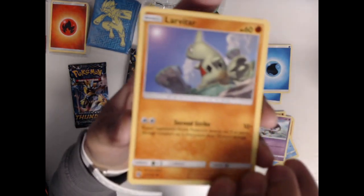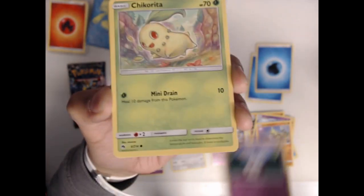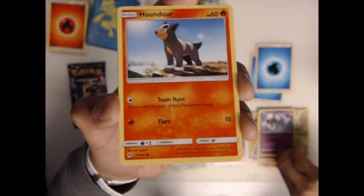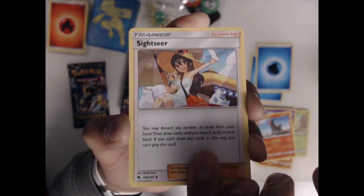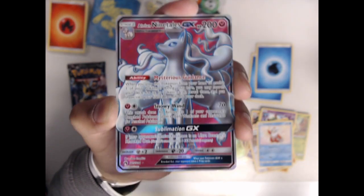So let's see what we got here. Let's get a good zoom going. All right, we have a Larvitar, a Litwick, Chikorita, Natu, a Houndour, a Reverse Holo Vespiquen, which is pretty interesting with that Commanding Queen that lets you get some pretty sweet extra damage on there. Sightseer, a Delibird, a Cascoon, and